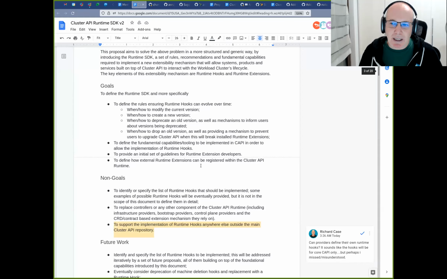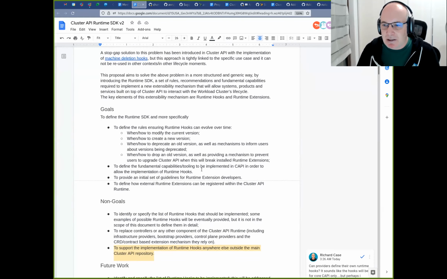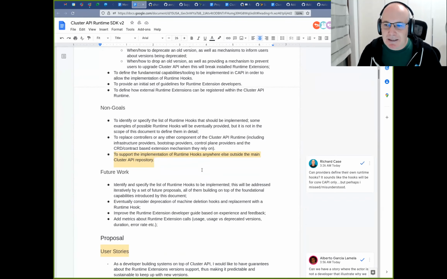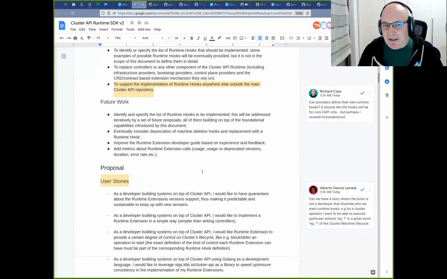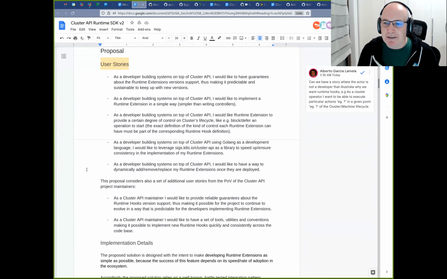The first one is a kind of developer guide for people writing a runtime extension. And the second part is basically the implementation guide for Cluster API maintainers who want to offer new runtime hooks.